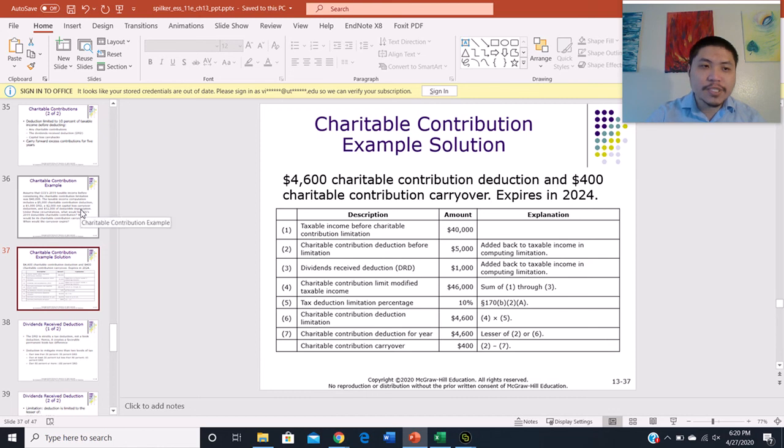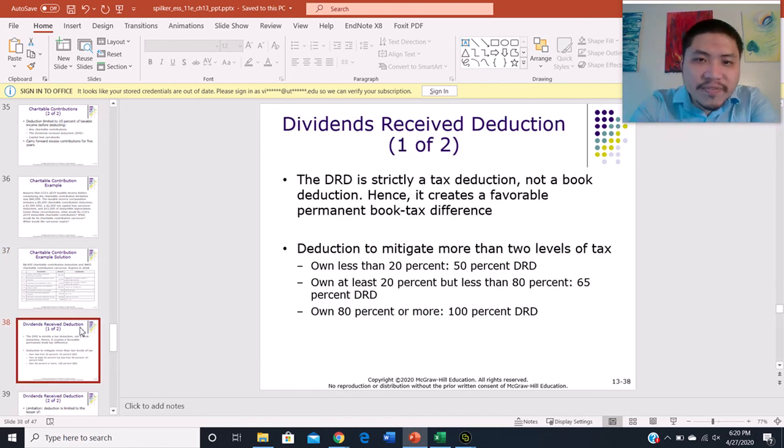So yeah, so that was charitable contributions. Next, let's talk about the dividends received deduction, right? We just talked about this, I believe, in the previous chapters. This dividend received deduction program is designed to reduce the extent of